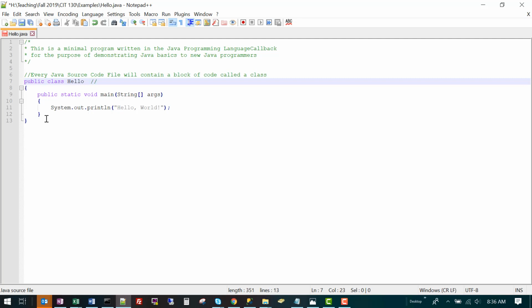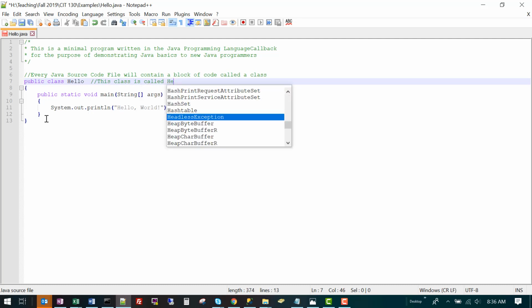I can add these line comments after interpreted code, like the public class hello, because it only starts to ignore at the beginning of the line comment until the end of the line. I'll say that this class is called hello.